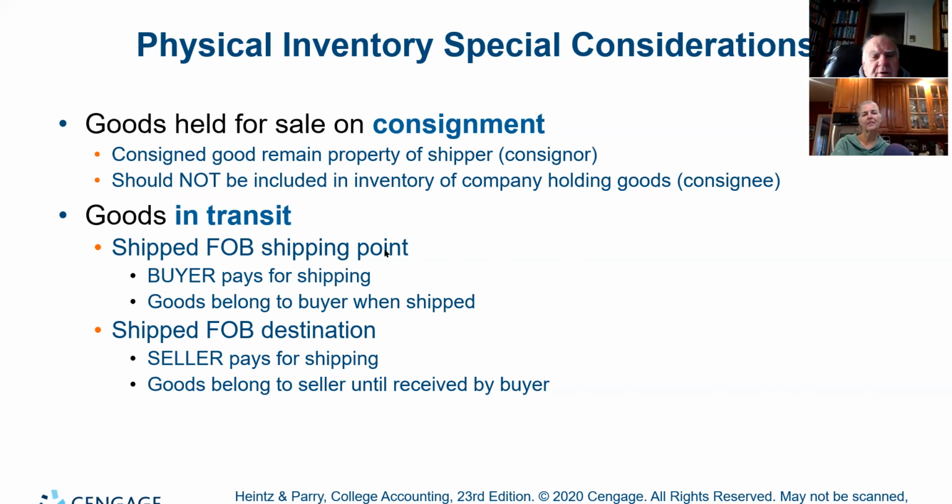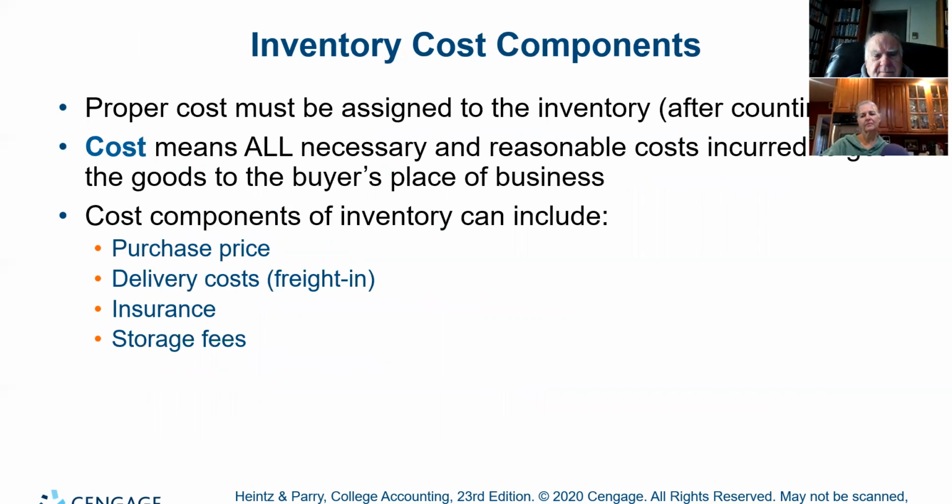We already talked a little bit about FOB, the point in time when title changes to the goods, kind of an important concept. FOB shipping point: the buyer owns it as soon as it leaves the warehouse. As soon as it's on the road, whammo, the buyer's responsible, he must pay the freight. FOB destination: the buyer says, I want nothing to do with it until I get it in my office. You could have arguments over these two FOB choices. A little bit of strategy involved.